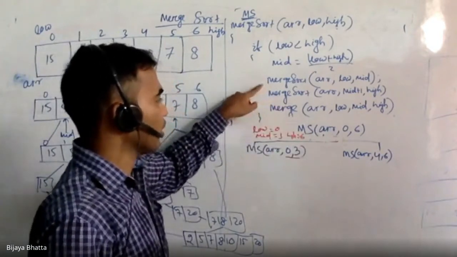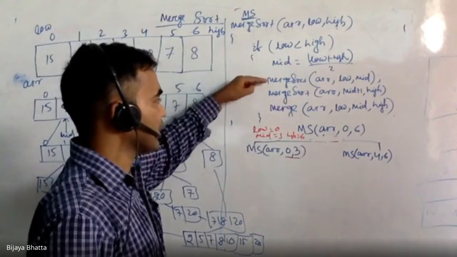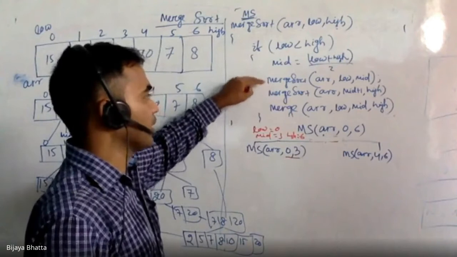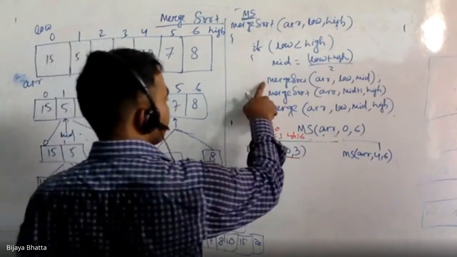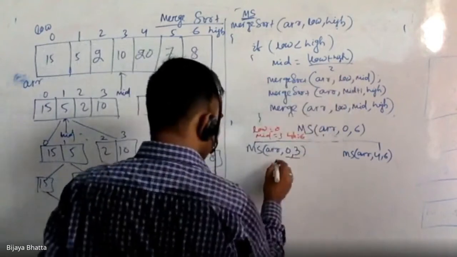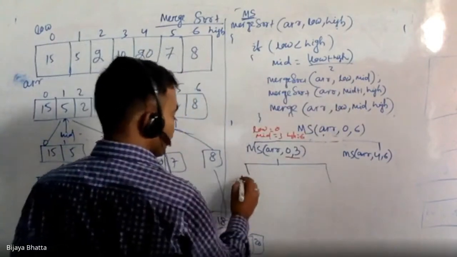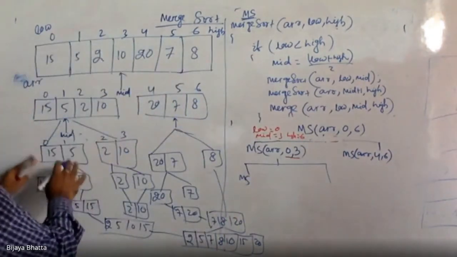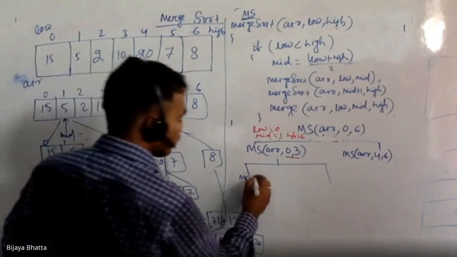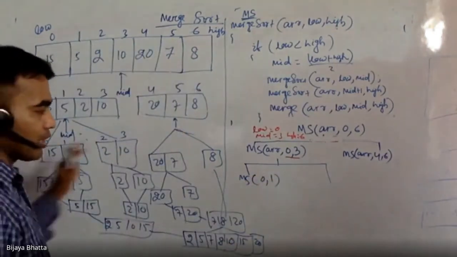It will keep on continuing, calling the left part, left part. Once this is over, it will go to the next part, because that is the concept of recursion. First it will call on this part, then again it will call two parts. So this one will be called, and this is going to be merge sort 0 to 1. I am not writing arr, so that is fine; arr is going to be passed every time.